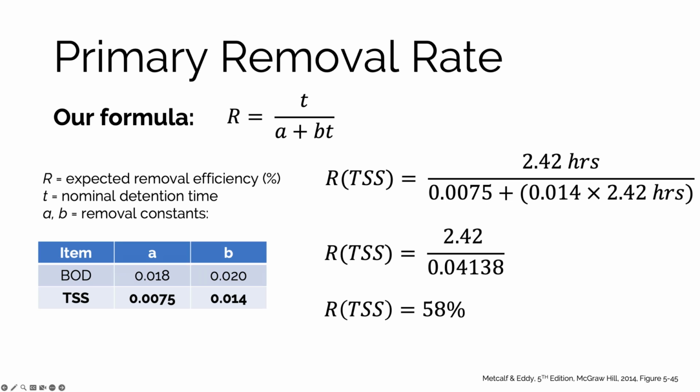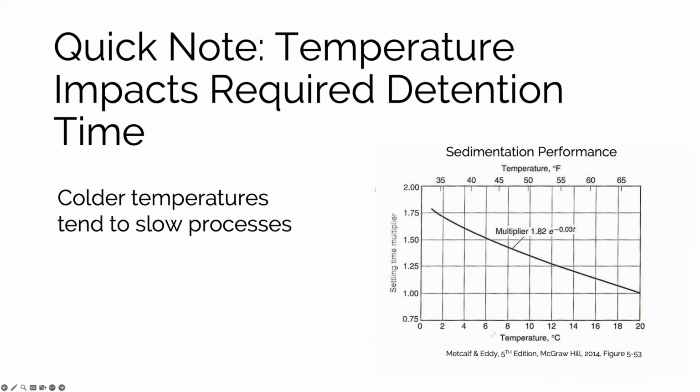So if you got a question, for example, that said, give us the BOD and the TSS removal rates, and you just did the one calculation and applied that to both, you'd end up wrong on the second answer, because in this case, same detention time, but very different removal rates. The TSS removal rate's almost twice what the BOD removal rate is. And again, we'll get into this more in later sessions,